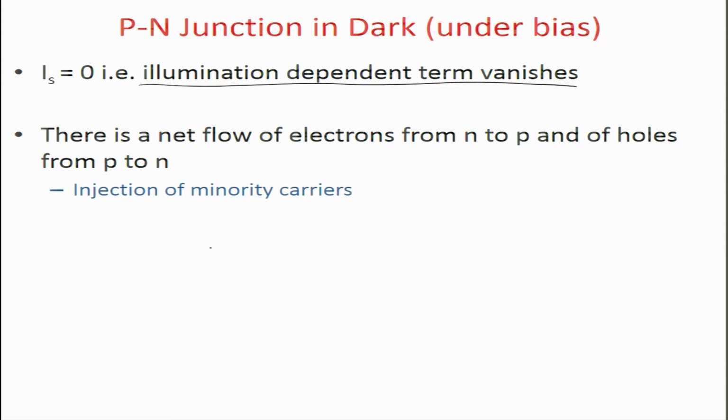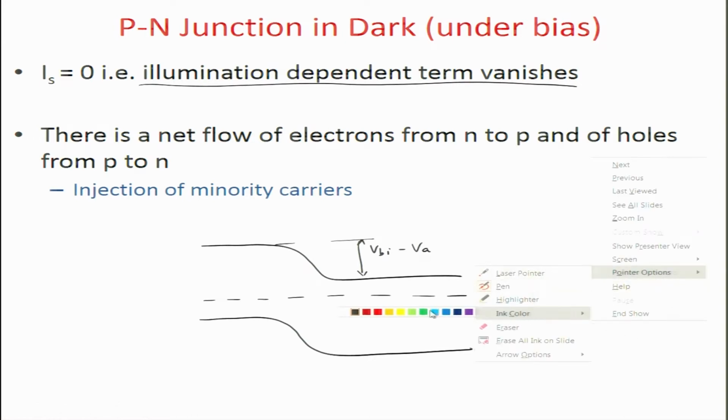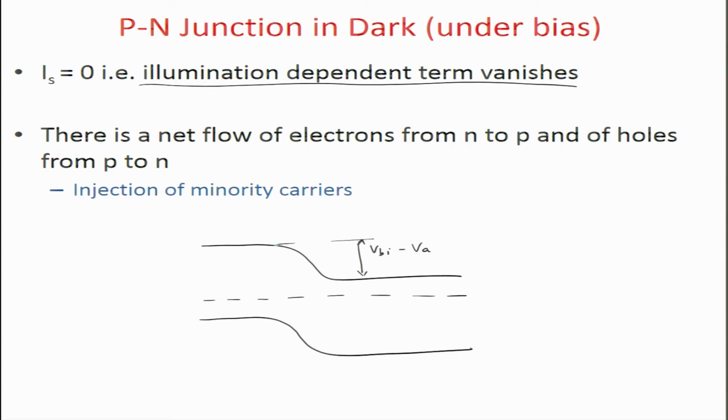So if you look at the p-n junction, it has a profile like this. When you have no bias, then Fermi levels are aligned and you have a built-in field, alright. When you apply bias, for positive bias it becomes Vbi minus Va, which means the Fermi levels are also split. So when the bias is applied, the levels become something like these, alright. And here also it will increase by a certain level.